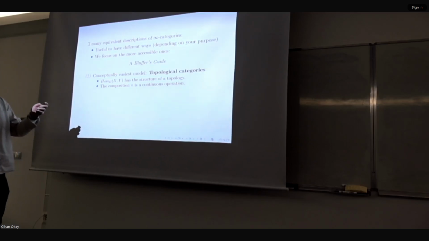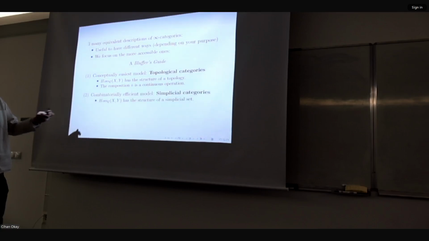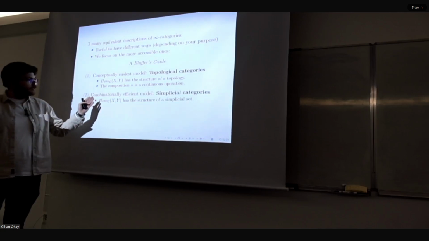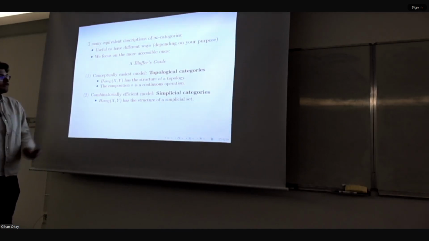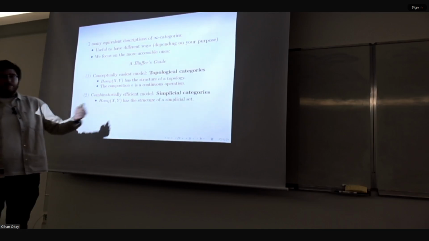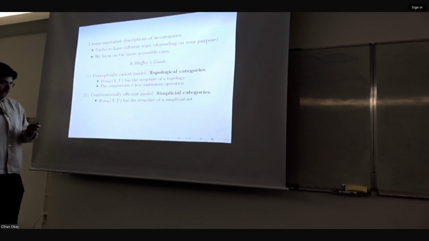And this is, conceptually, we will see why, the easiest model if you want to define infinite categories. This is a very useful approach. But there are technical details. If you want to do some computations, if you want some combinatorics, a combinatorially efficient model is the use of simplicial sets, actually. Okay, so when you use simplicial categories,